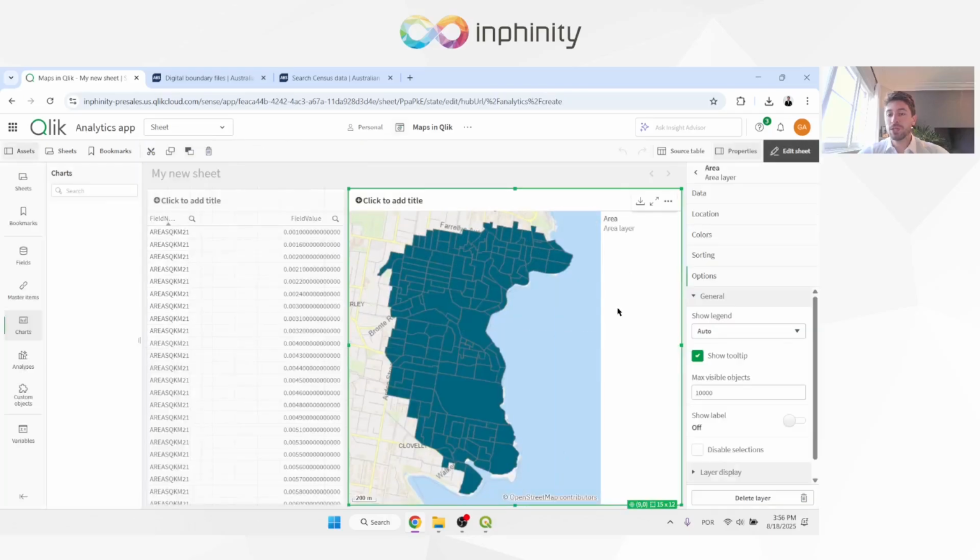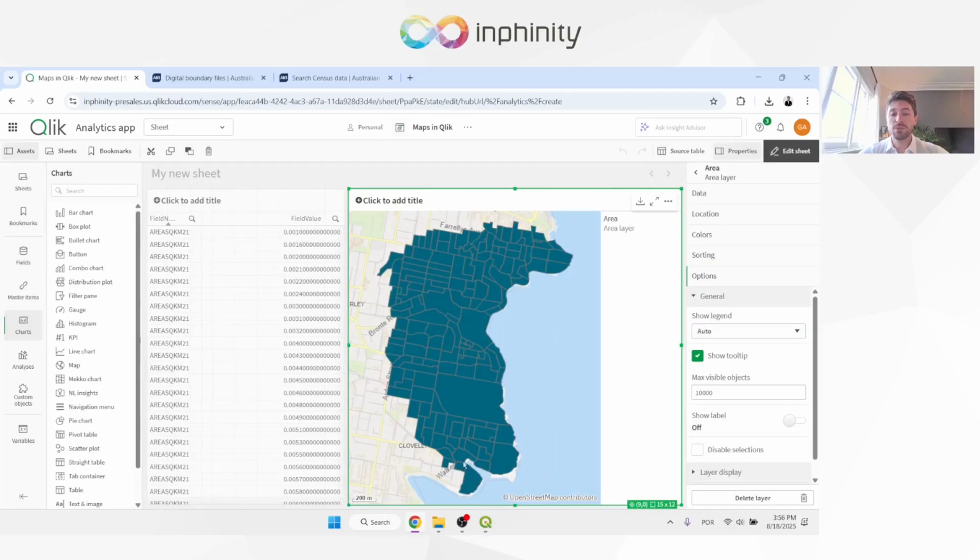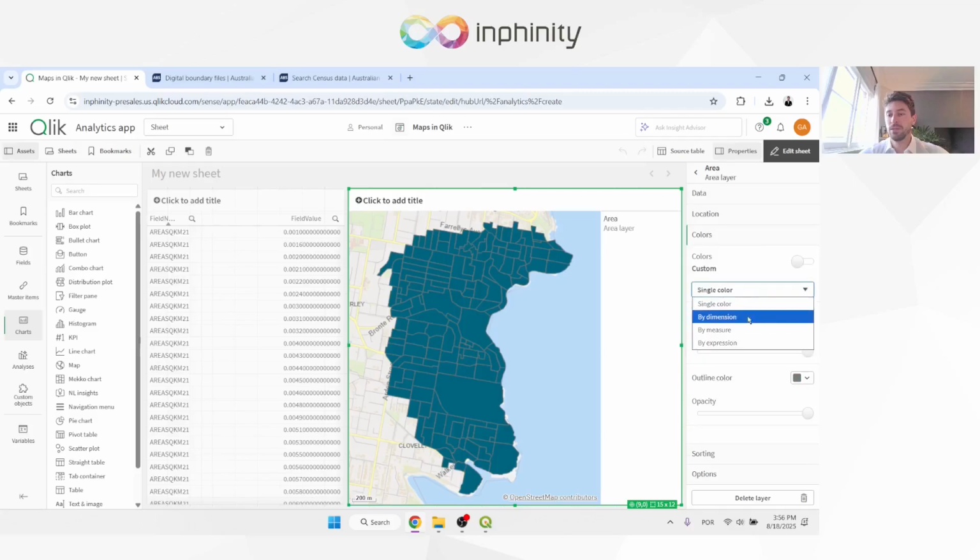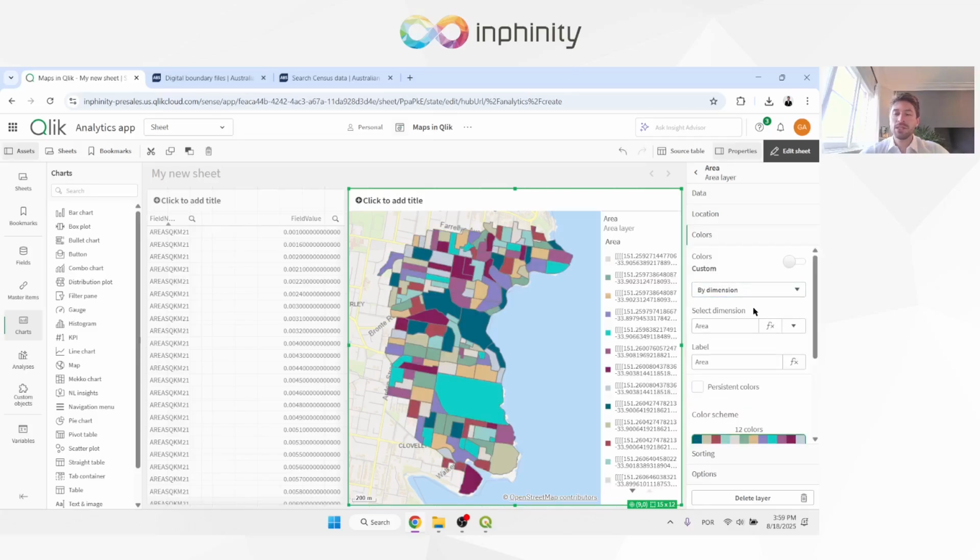We can change the colors and add a tooltip here that will display exactly the information that we want. Let me change the color. Now let's add a tooltip, and we can display the information in many different ways, but in our case,